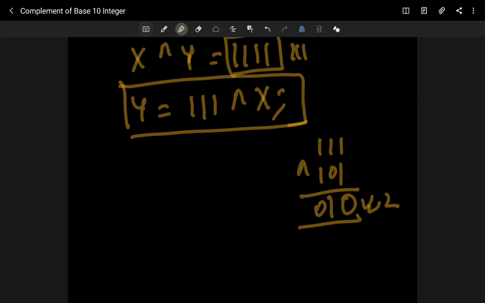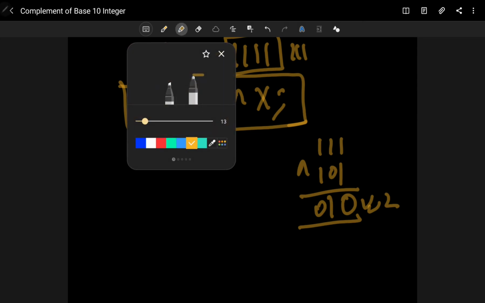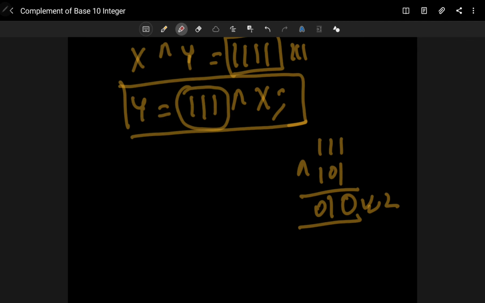So the thing is we need to identify this length. This is our task, because we don't know the size. Up to 7, if my input is 7, then it will be triple 1. But if it is more than 7, it can be four 1s also. For larger numbers it will keep increasing. So our first task is to decide how many 1s we are going to use. How can we identify that? Basically it will be similar to our input size.